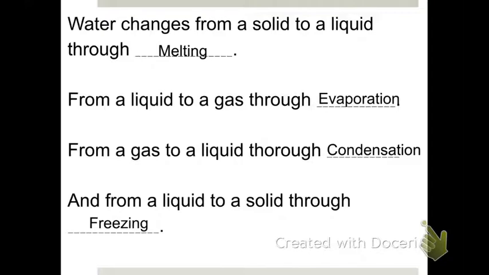Hopefully you know that to get from liquid water to solid water, it will freeze, or from solid water to liquid water, it will melt. Usually the one that students struggle with the most is condensation, gas to a liquid. But if that's the one you need, then make sure you do get that and put a star next to it so that you can focus on studying that. So I'll let y'all pause the video if people still need to write. Otherwise, I am going to continue moving forward. A lot of you may already remember all of this from middle school, and if so, that is just lovely.